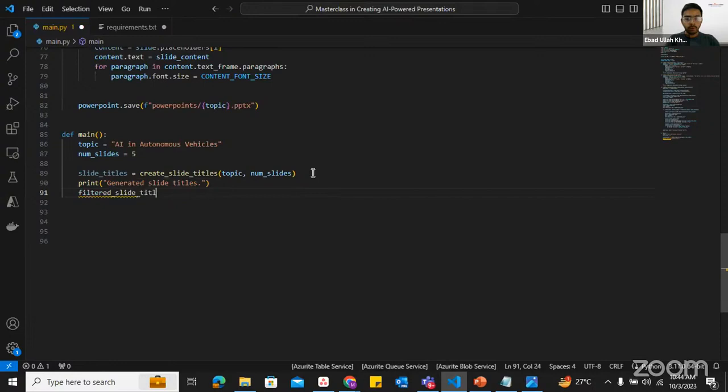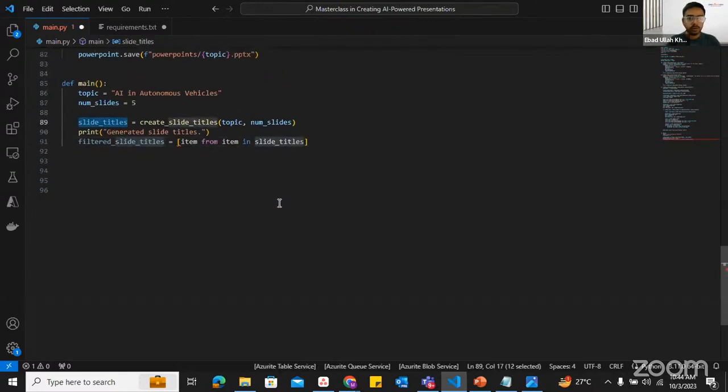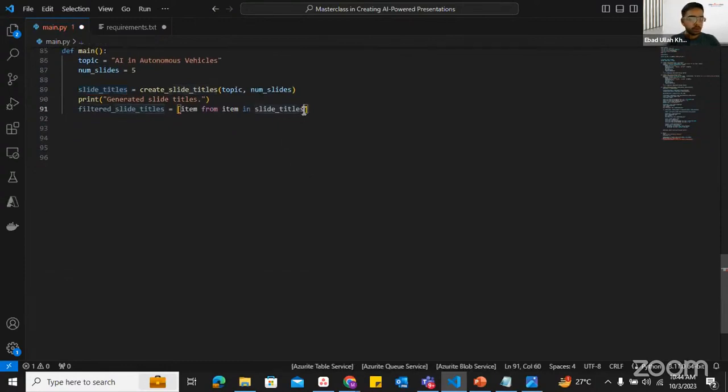Now what I will be doing over here is to filter it a bit, because it will be simple text. All the titles will come in one string, right? So we don't want that. We want it to be iterable. So that's how we will be doing this: item for item in slide titles, and if item.strip not equals to this. So what we are doing over here is that